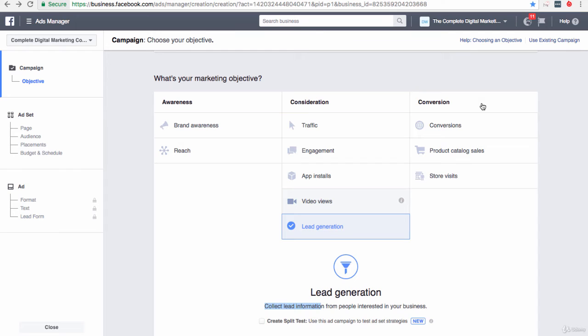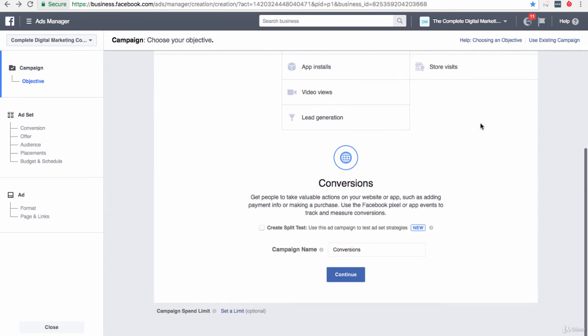Over here then on the right hand side is the conversion column, and as I said, this is really focused on getting people to actually make a purchase and generate actual dollars for your business. So the first one here is conversions, and this is an ideal objective for you if you want to get people to take valuable actions on your website or app, such as adding their information, payment information, or making a